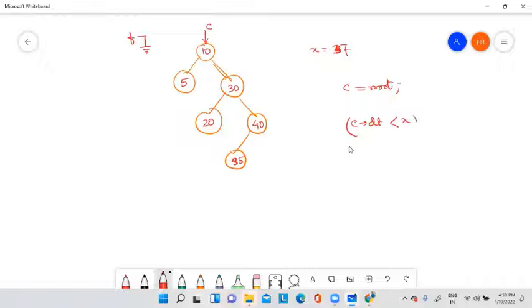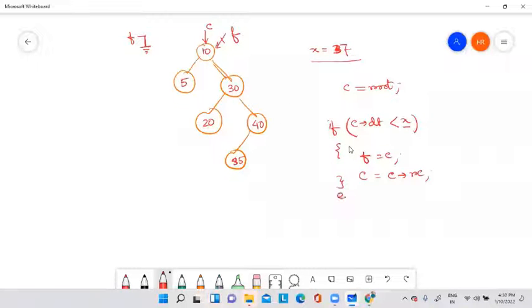If my search element x is greater than current data, yes, this is satisfied. Then I will set father to the current node. Father will come into this position and current will move to the right side, to current arrow RC.